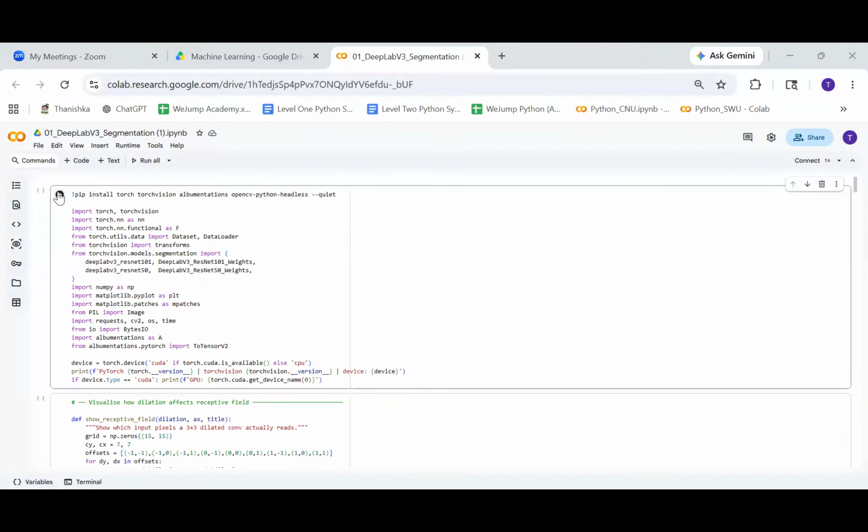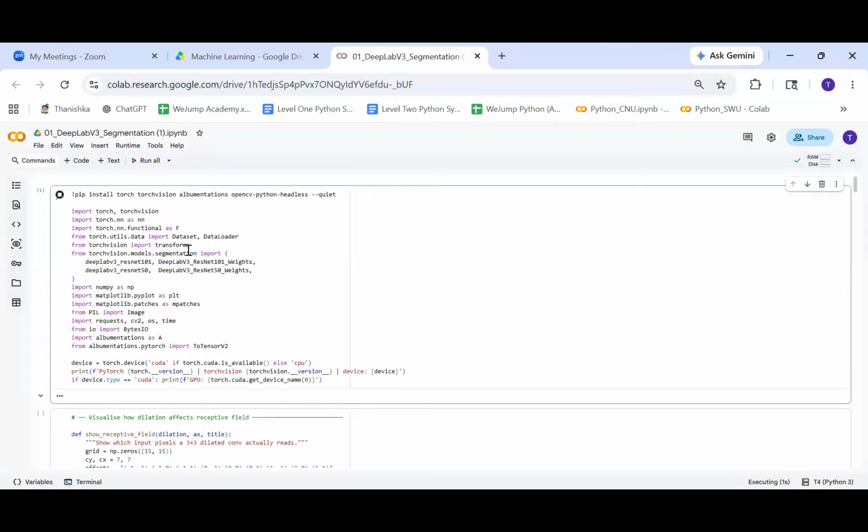What we're trying to do is load all the necessary libraries, and then set the device as a CUDA device or CPU, whichever it has to run on. So it's just the initial run, the first part. It's importing all the necessary libraries. We are using PyTorch, Torchvision and other related Python libraries: NumPy, Matplotlib, Pillow, and Requests.